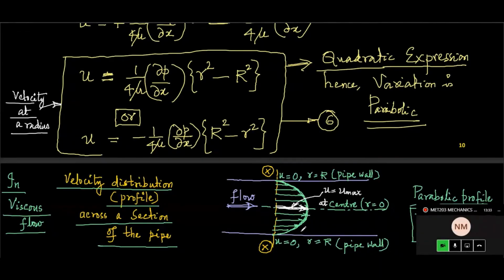We have a pipeline symbolically represented, and the radius of this is capital letter R, because we are using variable radius as small r. Pipeline radius is capital R and diameter is capital D. If you take a section, I've taken here a section XX, and this is how the velocity profile looks like. That means the variation of velocity.